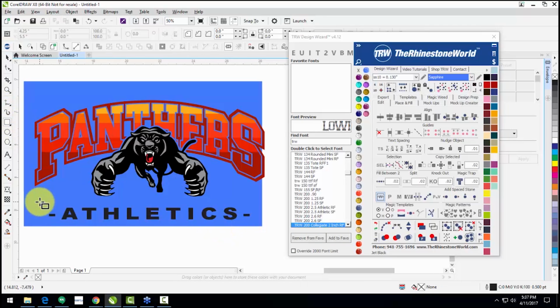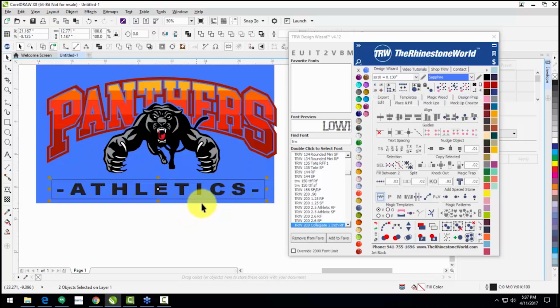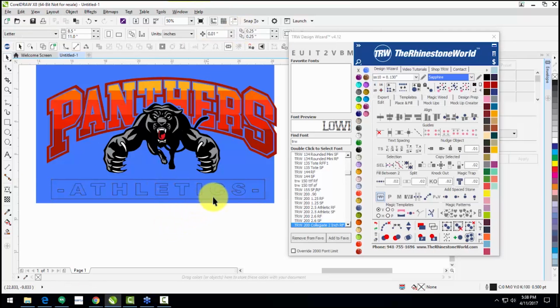And then I'm going to draw a rectangle box just around it. And again, I'm just going to center those two objects to make sure that they're centered together. And then I'm going to do a back minus front. My text is behind it, so we can just do an opposite and do a front minus back. And that's just going to cut those letters out for me